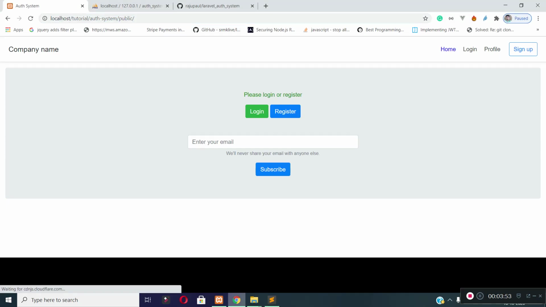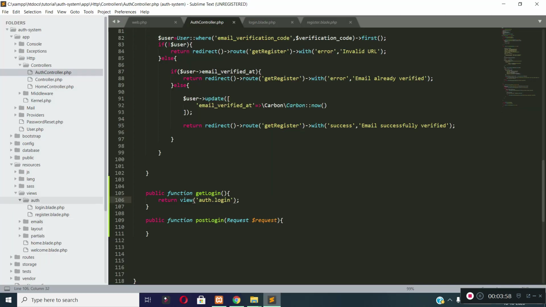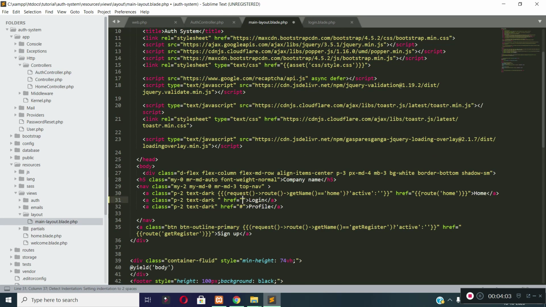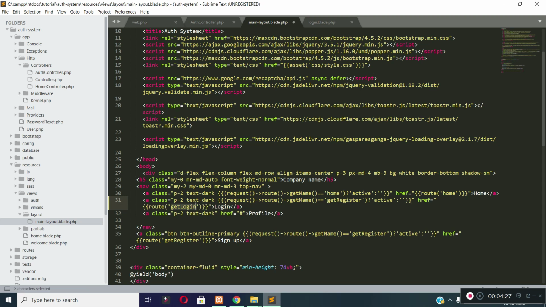And then let's add login page URL link to this login button. Let's open our main layout.blade.php file and let's add login page URL link to this login button. What is the route name of our login form page? It is get login. And I will add an active class to this login button whenever we are on the login page.